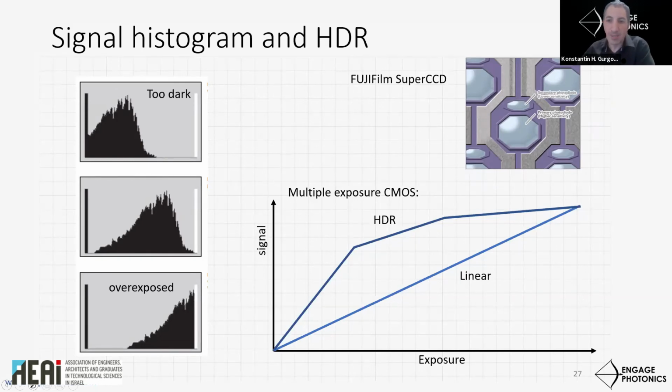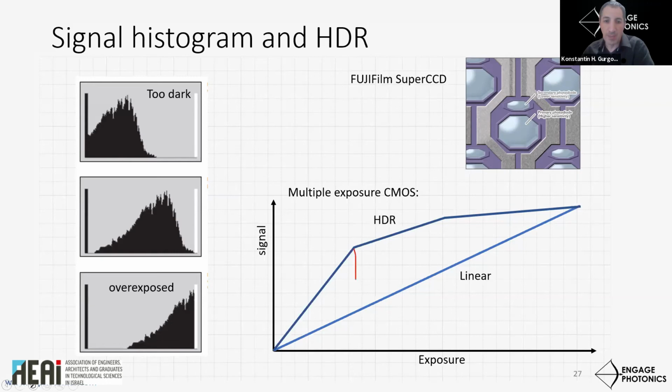Sometimes the scene's dynamic range is very wide, and we want to be able to distinguish between different light levels without having to use a 20-bit image sensor, which is very expensive, and the data throughput would be very high. So by redistributing the full range in a nonlinear fashion, we can achieve that. That is called HDR. There are several techniques for HDR, and one of them is taking a few temporal exposures per frame.